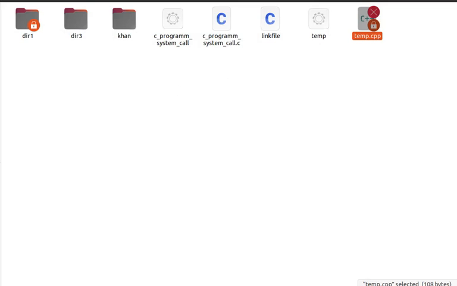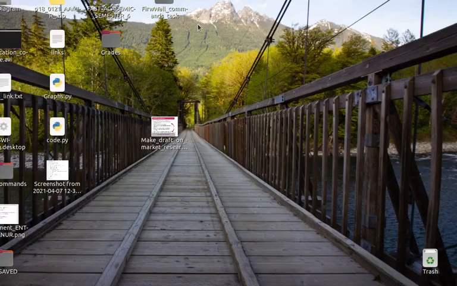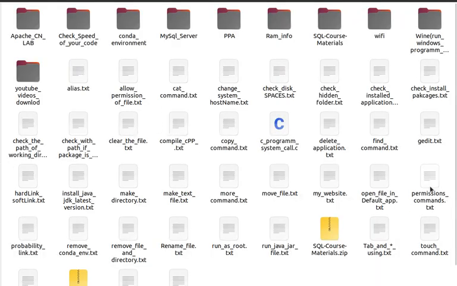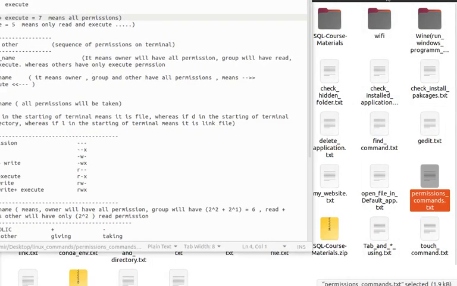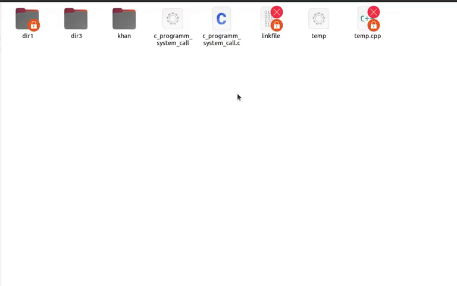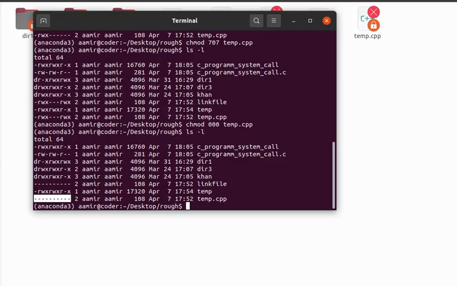So now, where is the file? Here is my file, and the rough folder is here. Now all the permissions are taken from this temp.cpp.